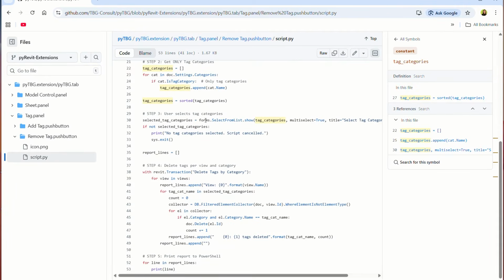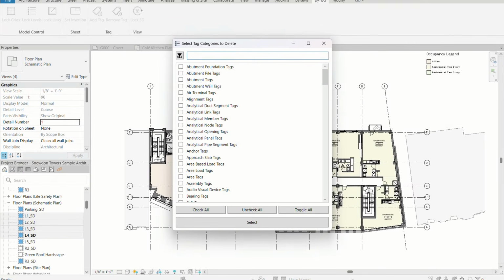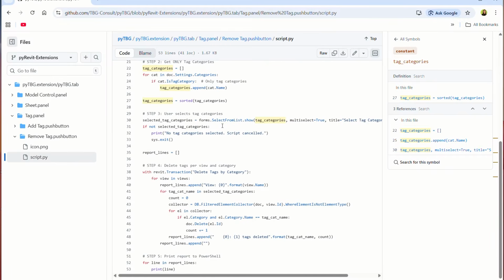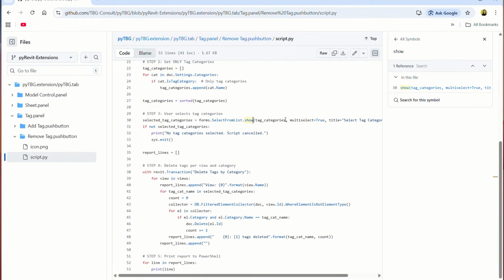So now in this forms, we have a really nice predefined user interface that basically shows a list and lets you select one or multiple items from that list. And to set up that form correctly, we need to give it different parameters. So one is our list of tag categories. That's what we want to have displayed, the names. And then we can choose some options here. So we want the user to be allowed to select multiple. And we add a title that shows up at the top of the